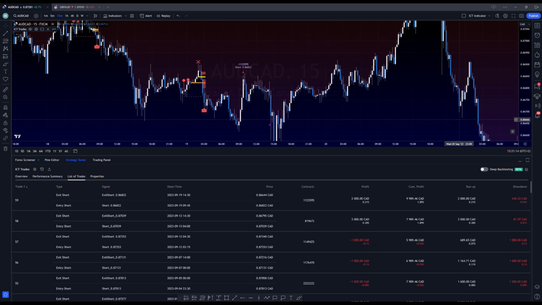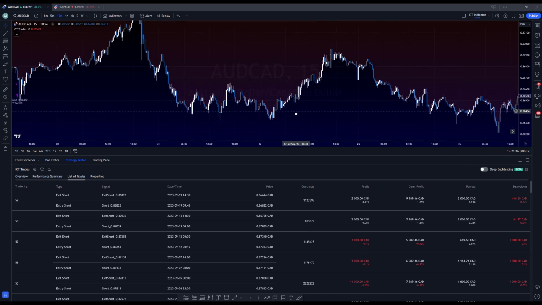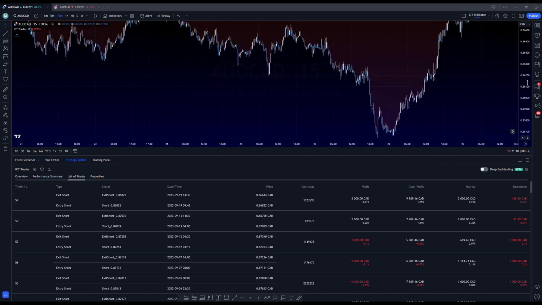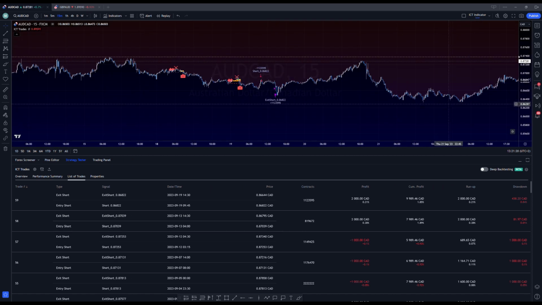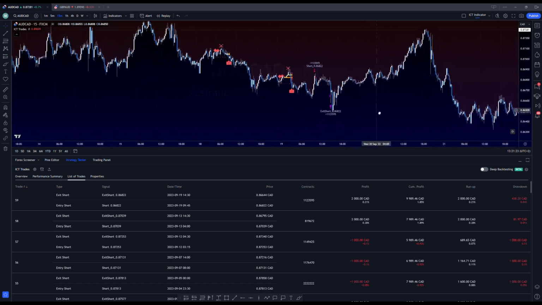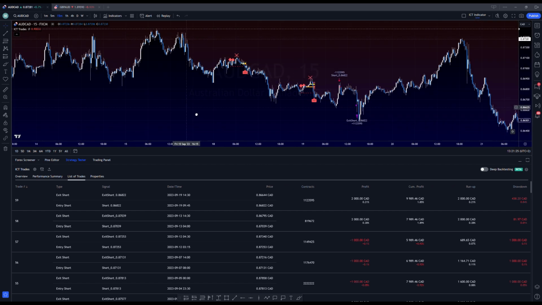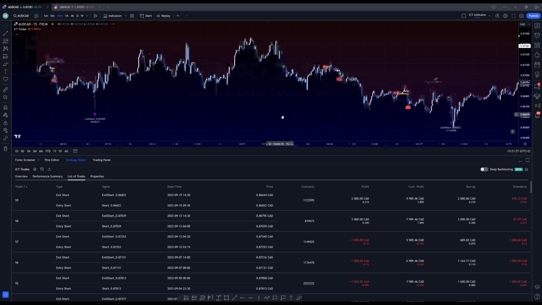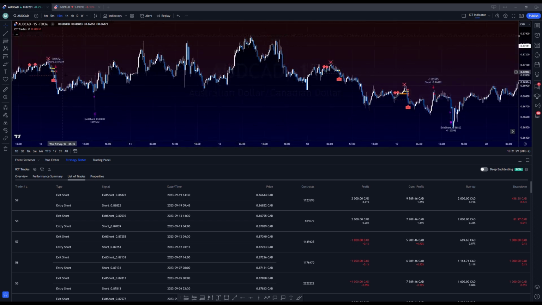Okay, guys, so I can show you some examples. Do we have some? No, we don't have any here. So this is the first example I have shown you. This is the second example. Here we are entering on the breaker block and we are closing it here. Okay, so liquidity grab, market structure shift,